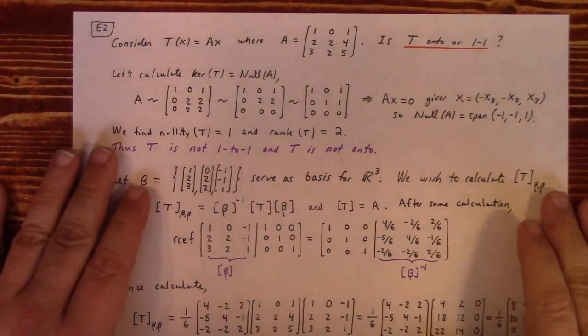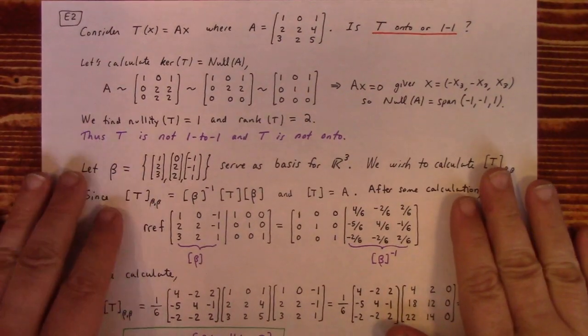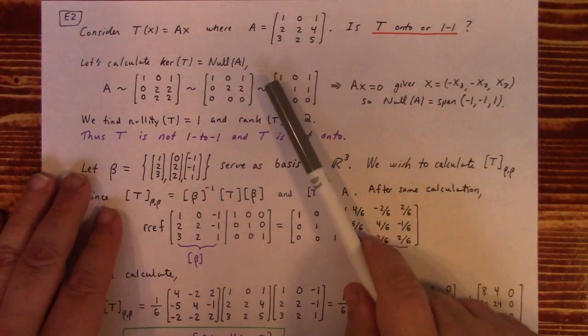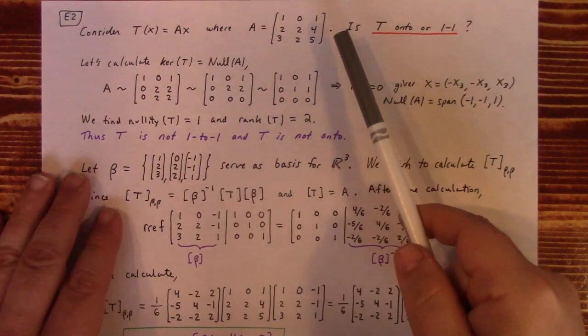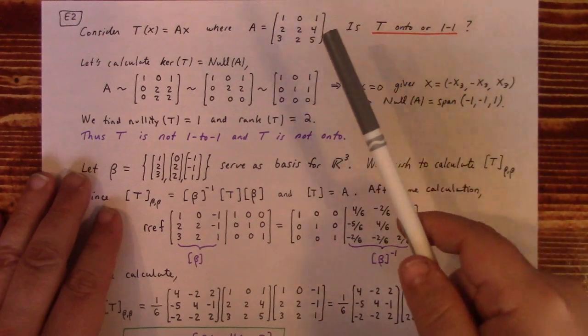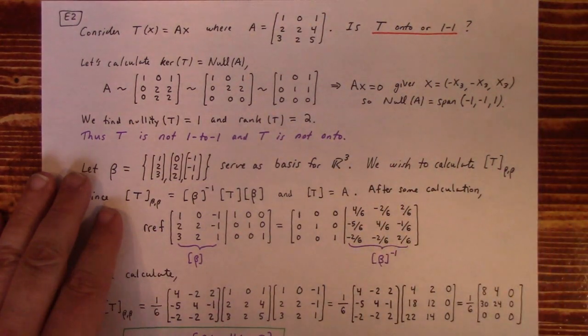So here we have a 3 by 3 matrix that I just made up, and I asked: is T one-to-one or onto? To figure that out, truth be told, I could just calculate the determinant of this. If we calculate the determinant, we'd see that it is 0, and if the determinant's 0, that means the matrix is not invertible, which means that the row reduction is not the identity matrix, which tells you that you don't have full rank. You don't have 3 columns, so it's not onto. And that also means that there's at least one non-pivot column, which means it's not one-to-one because the null space